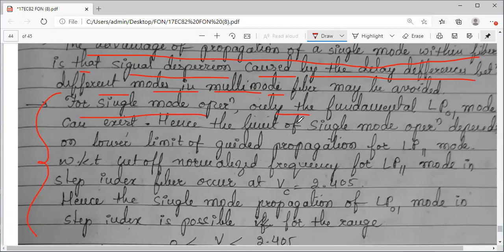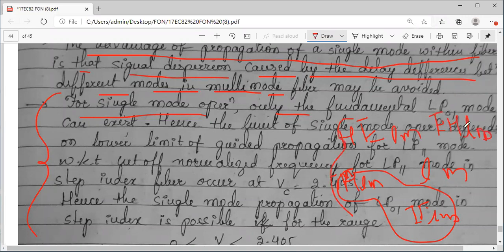In the case of a circular waveguide, as it is cylindrical in structure, two-dimensional, we need two variables. Just try to recall, we need two variables, L and M. That's why we had taken TE LM as one mode, TM LM as one more mode, and this is for meridional rays. For skew rays we will get either HE LM or EH LM. So these are the many modes.